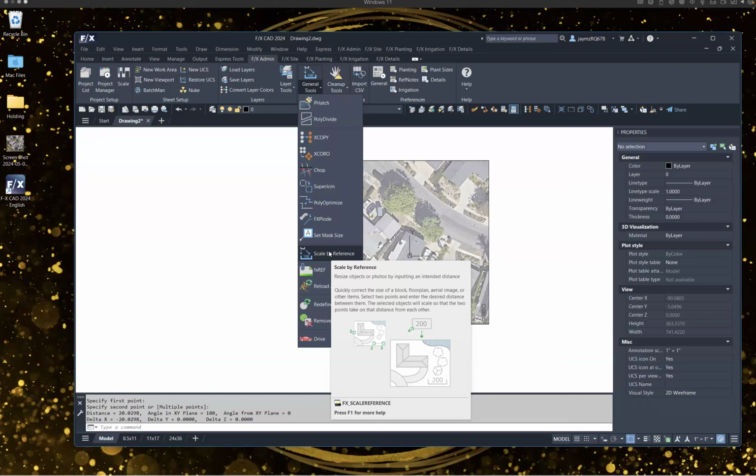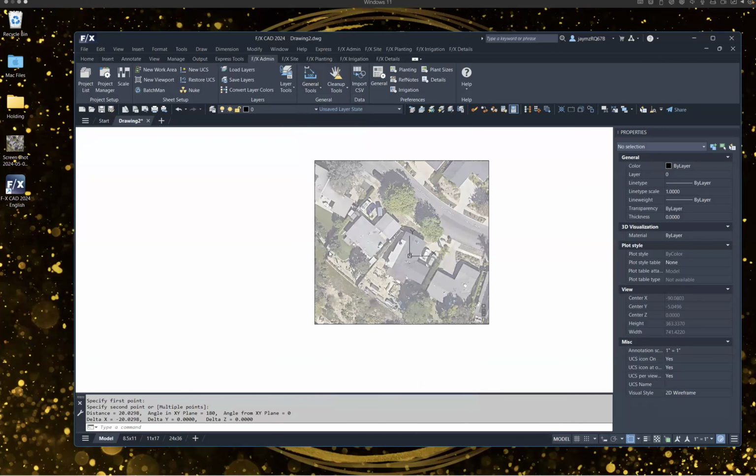Yeah, it's definitely faster. And if I were to highlight over the tool here and let it show, you can see it gives me a pretty nice description of how to do it. So if you were going to walk through that the first time and you didn't really know how to do it, just check it here and then follow your command line. The command line's a really good guide. It's most of the time very clear what it wants you to do. There are some occasions where if you don't understand the tool or what the tool is trying to do, the command line prompt might be a bit confusing, in which case you might want to check some of the additional resources, maybe find a video of somebody using the tool. But for the most part, everything is right there for you to follow along.